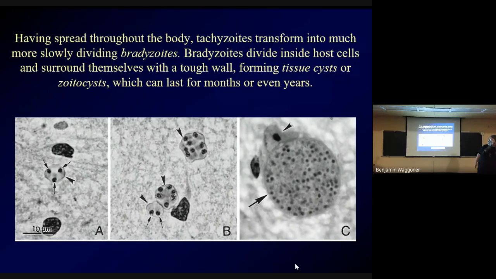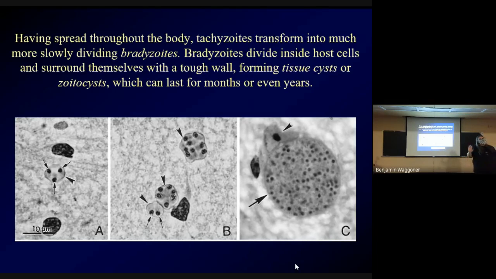Maybe that's bradyzoite. So-called because clearly all of the members of the Brady Bunch were infected with these. Actually, I'm kidding. Brady is Greek for slow. So the slow livers, bradyzoites, penetrate into host cells, surround themselves with a tough wall, and form tissue cysts or zoitocysts, which can last for